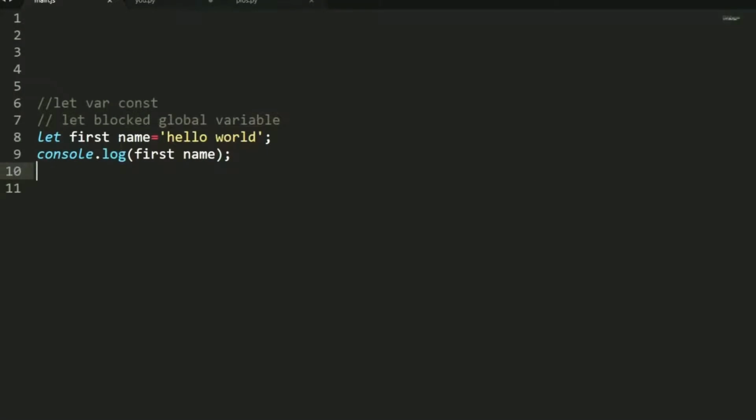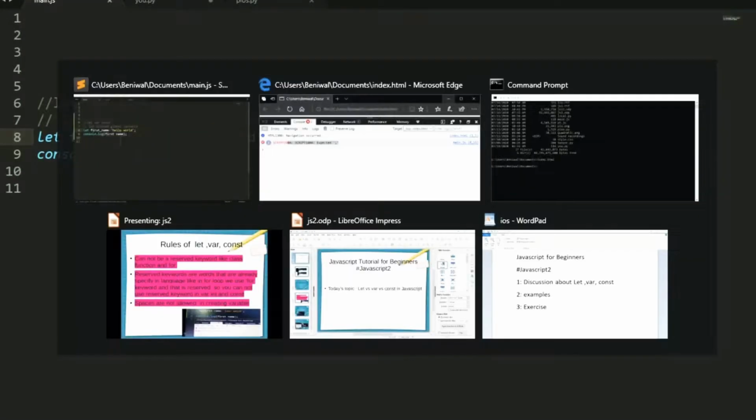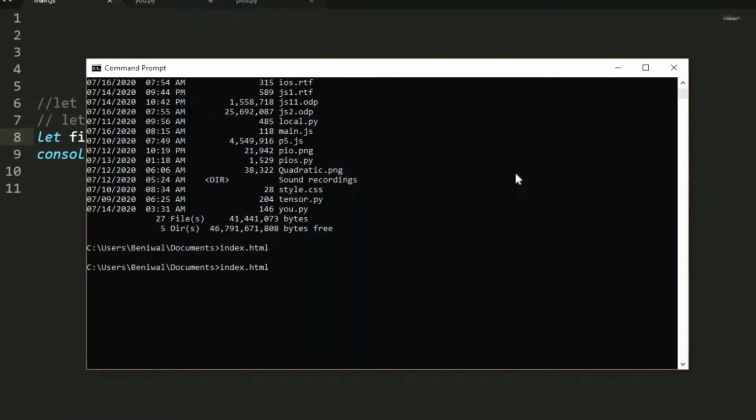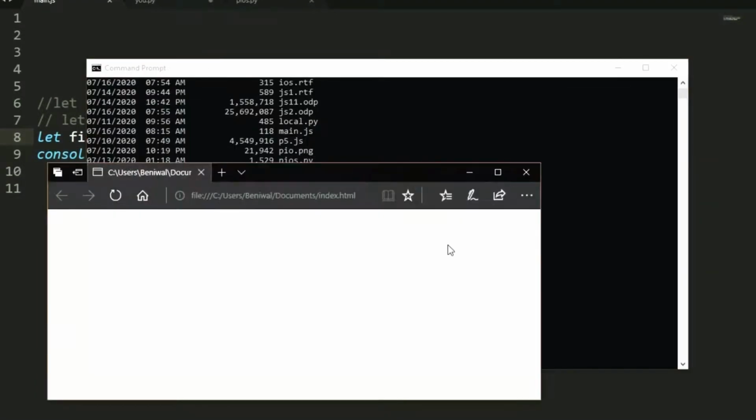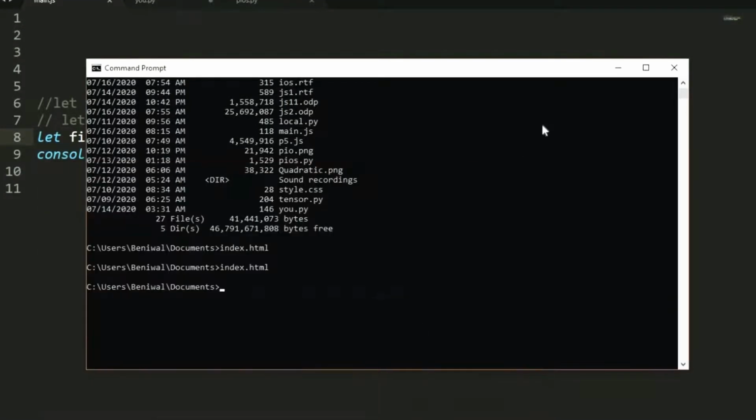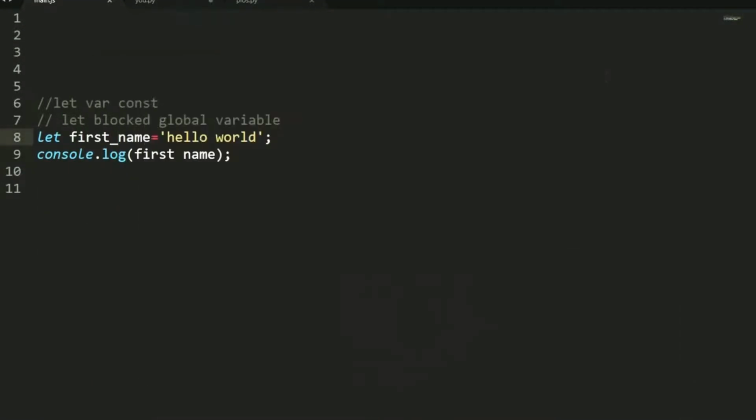As you can see, in first and name we have a space, so spaces are not allowed. We can write it this way. Now saving, and close this, and now running index.html, and when I press F12, now we got this error. Why is this an error? I have not explained this concept yet.